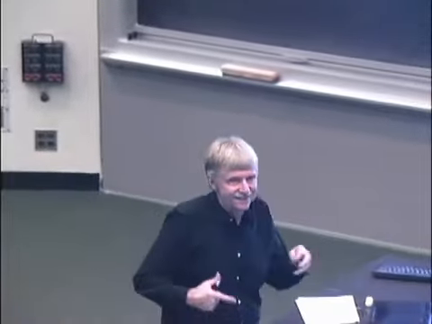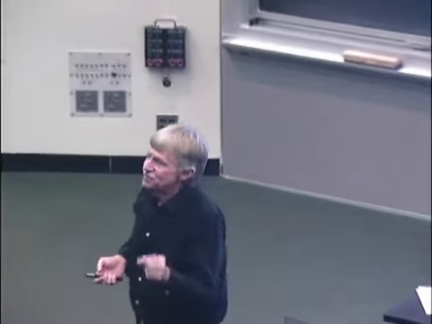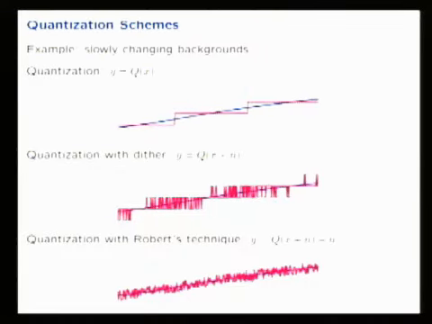Yeah? You send the noise too. I have to send the noise too. I have to know the precise value of the noise that I added at sample n so I can subtract it back out. So Roberts' technique says I take the value x and I add some amount of noise n. n was a random number. I chose it by throwing a die or something. I quantize that, and then I subtract that same number back out. Well, that number has to be precise compared to the quantization levels. So for example, if I'm doing 16-bit audio, people would normally use a 16-bit representation for n,